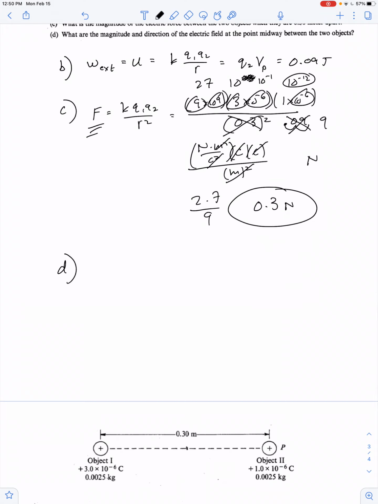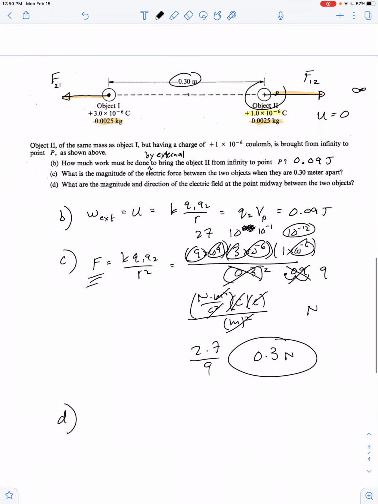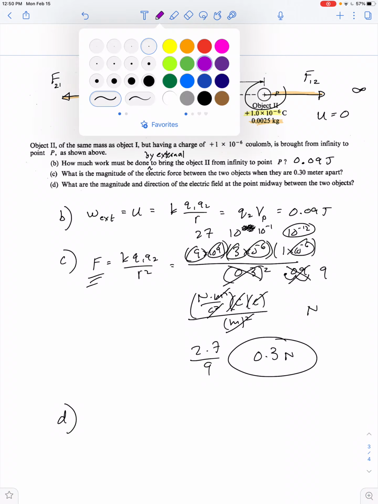What are the magnitude and direction of the overall electric field at the midpoint? So charge 1 produces an electric field vector that points to the right, and charge 2 produces an electric field vector 1/3 as large that points to the left. The reason I know it's 1/3 as large,